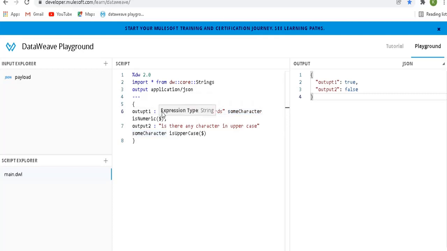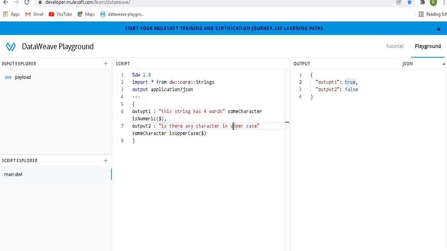This is there in your input string, so that is why it shows true. Okay, is there any character in uppercase? If nothing satisfies the condition, it will show you false. Here we are checking some character is uppercase. It means is there any uppercase letter in your input string? No, right? All are small letters, so that is why it is showing false.